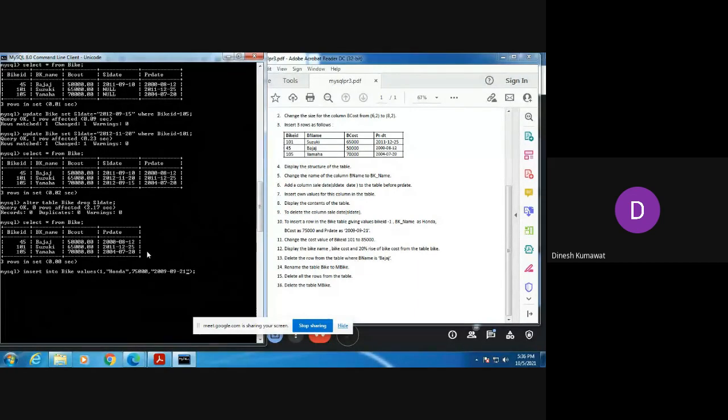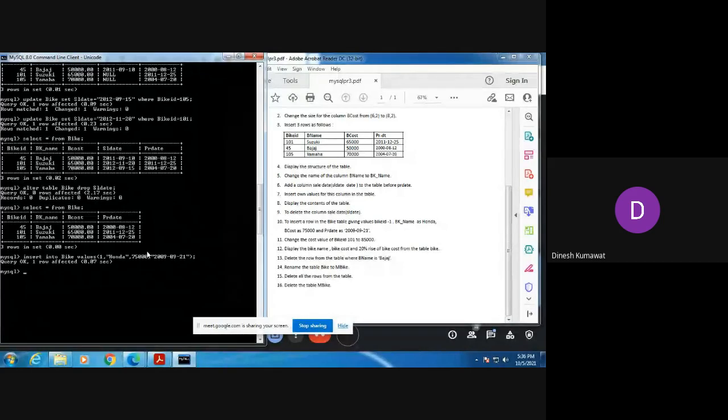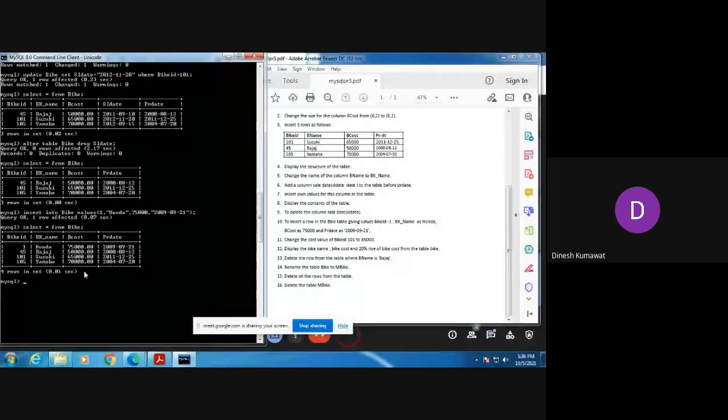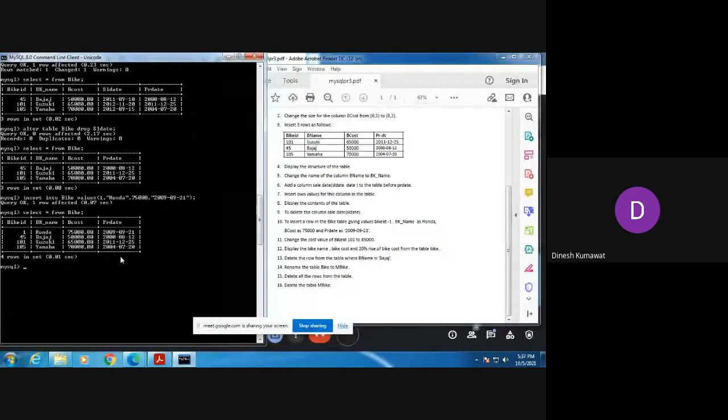Okay, now I am pressing enter. So you can see query okay, one row affected. Now let's see whether that row gets added or not using the select star command. So you can see now that row gets added and that number comes first because this bike ID is always in ascending order. So this is all about our question number 10.